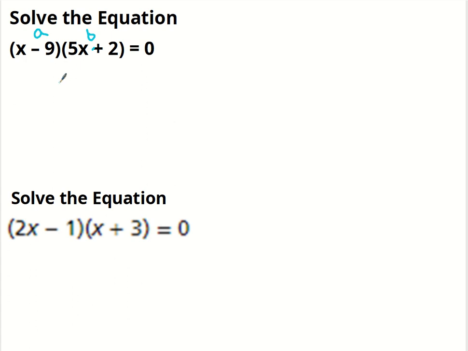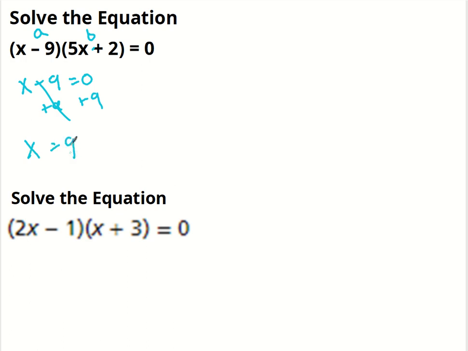So one of these two values has to be equal to 0 for this to be true. If x minus 9 was 0, then this would make this whole thing 0. If 5x plus 2 ended up being equal to 0, then this whole thing would be 0, because when you multiply by 0, you get 0. So the way I would solve this equation is by solving two different equations. If just this term right here, x minus 9, is equal to 0, then everything is equal to 0. So I can set it up as x minus 9 equals 0, plus 9 on both sides,